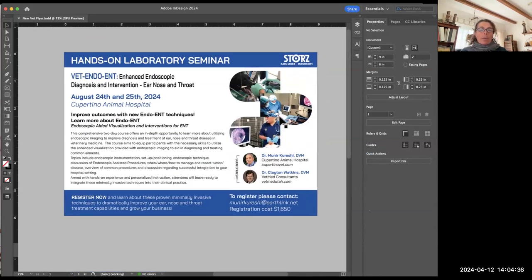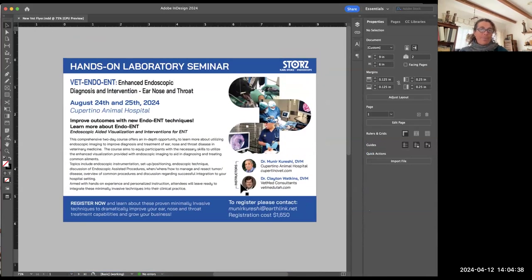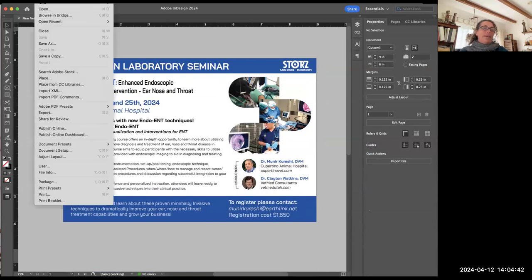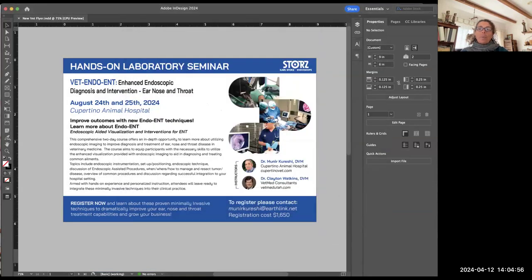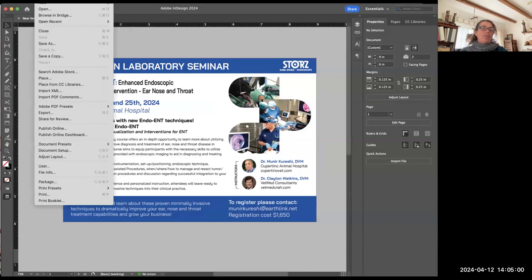Let's make this into a PDF. File. And notice that most people think that these things are under Save As, and if you go under Save As, you find that the only things you can save it as are versions of InDesign. So it's not a Save As, because people who use Word or all those kinds of things, PDF is always Save As. Here you need to export it. Okay, so we're going to export this design,